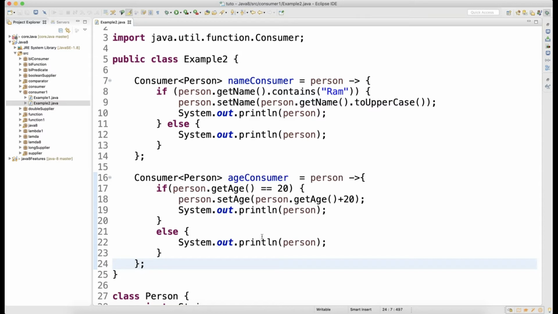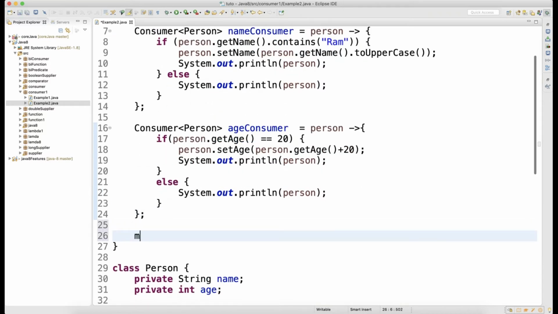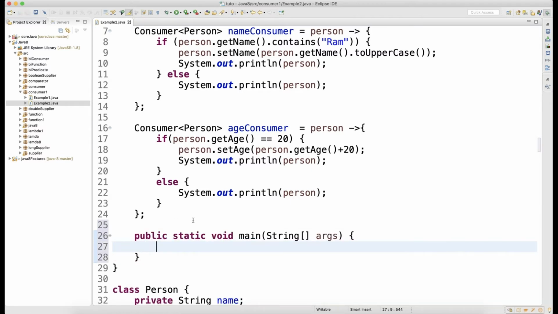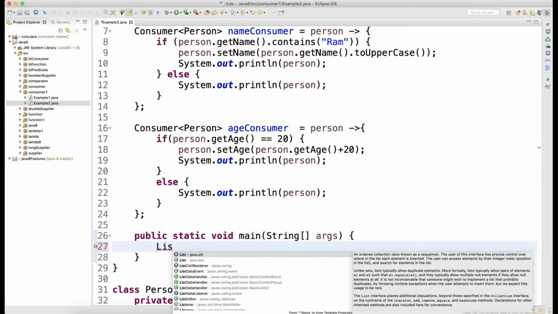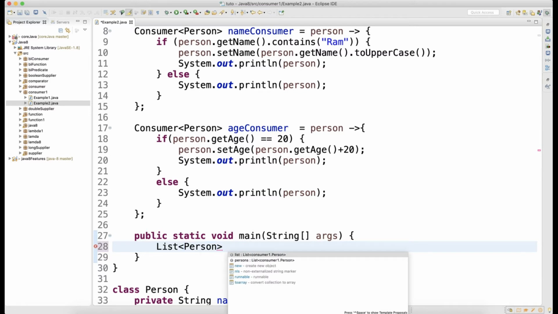So you have two consumers now, and we need to test this. For the test we need to make this class an executable class. To make this class executable, we need to have the main method, and we will design one list which will take Person as an argument.